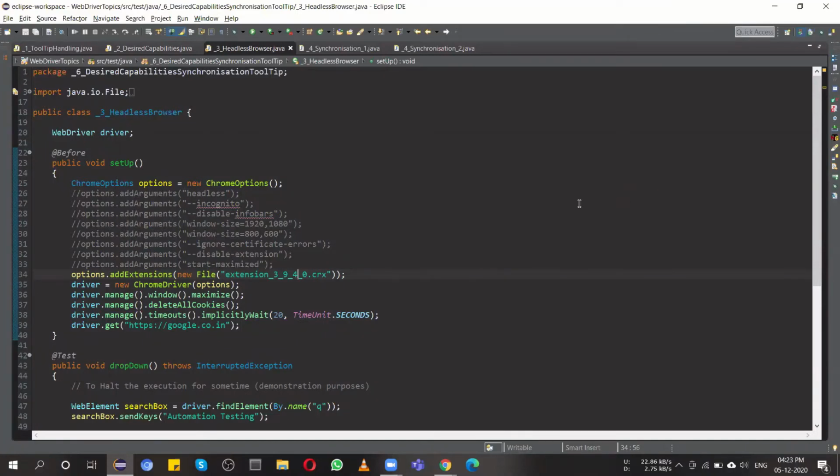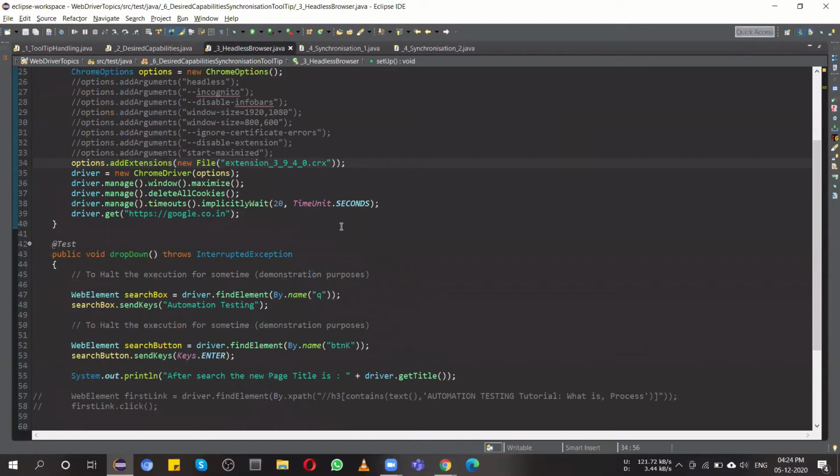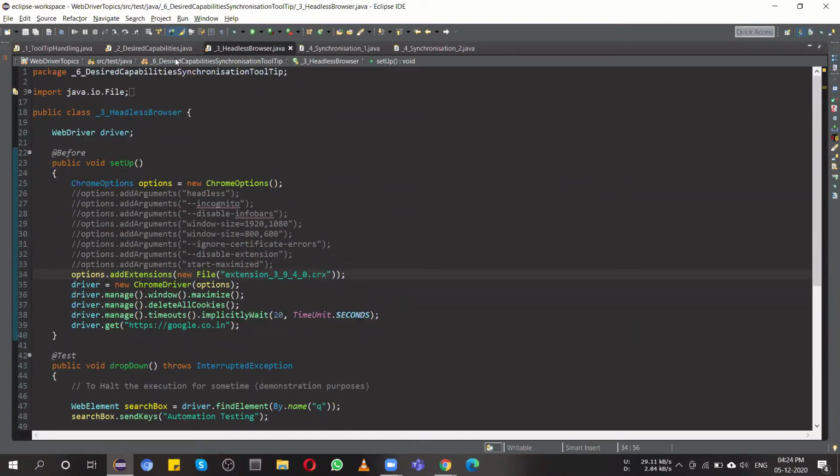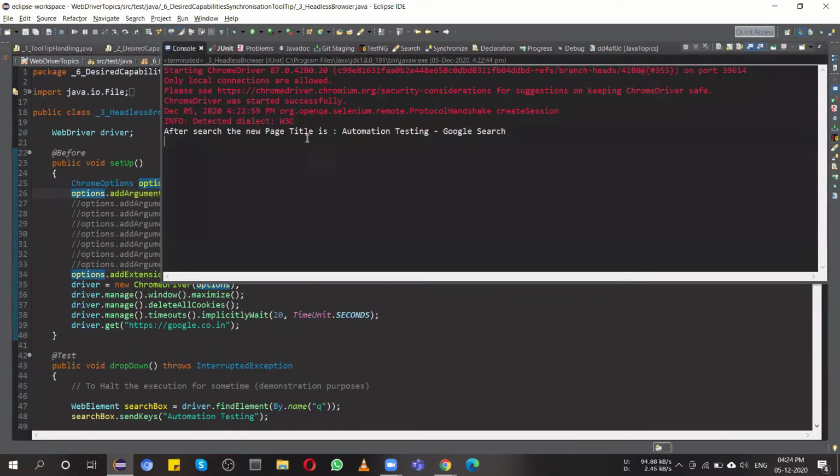Then you can even try to print your OS version, then the update status, on which Windows 10 version you are actually running all this script. So this can be achieved with desired capabilities or Chrome options or Firefox options. And now for headless, let me try to run this also. As you know, in the normal situation without the headless option, this will get printed and a browser got opened, and all sorts of extension added things and the incognito thing happened.